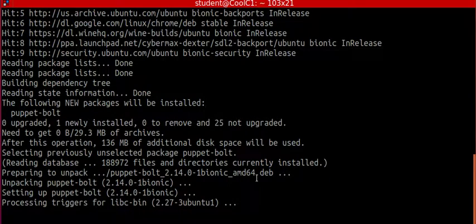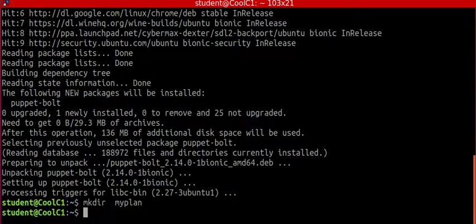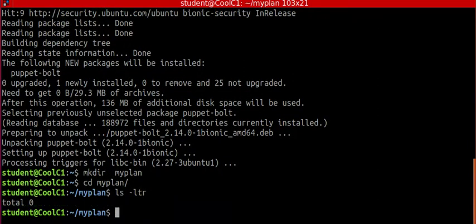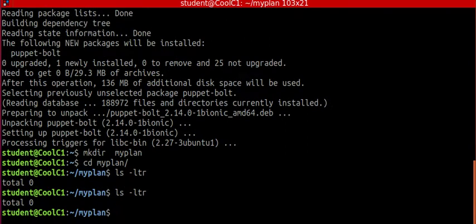Then we'll make a Puppet Bolt plan directory structure. So we'll call it something like my plan. That's pretty simple. And we'll come back and create a plan. So we'll go inside of here, and right now there's obviously nothing in there, but you can use